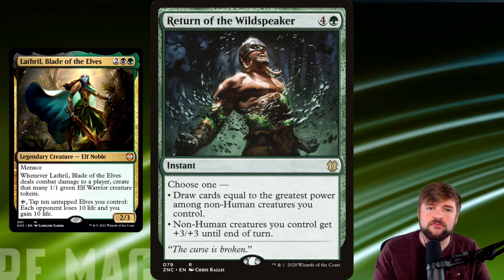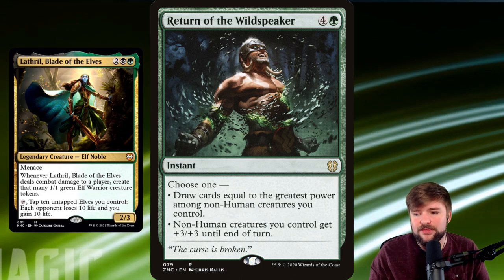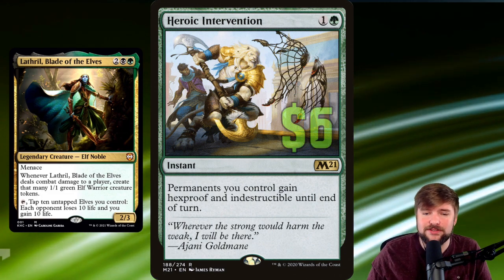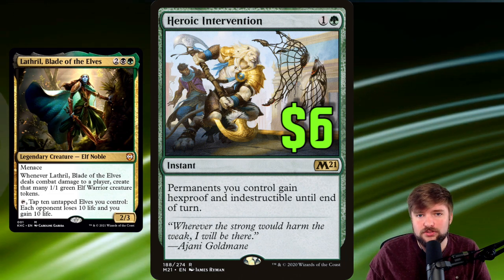competitive. Let's look at 3 cards real quick that should be on your radar that are more expensive than this video allowed for, but I think you should absolutely be looking into. One obviously is Heroic Intervention. This is a $6 card, but for 2 mana, having all of your permanents gain hexproof and indestructible is huge